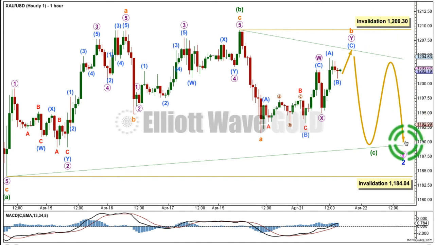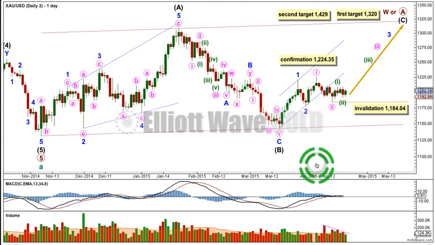The final E wave of both the contracting and barrier triangle type may not move beyond the end of C, so wave count number 1 expects lots of choppy, overlapping sideways movement in an ever-decreasing range, probably for a few days yet. This is wave count number 2, also following the bull count from the weekly chart level,